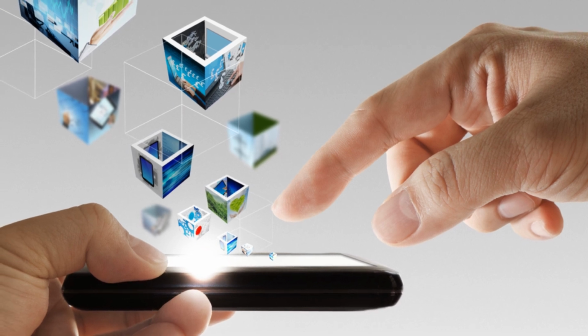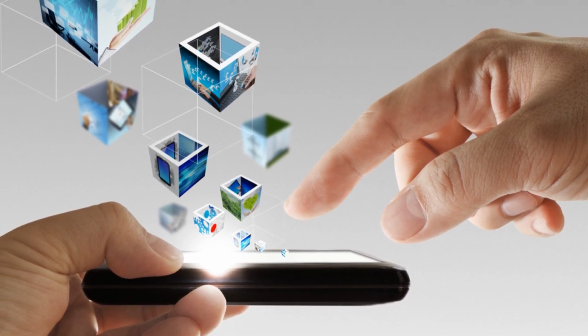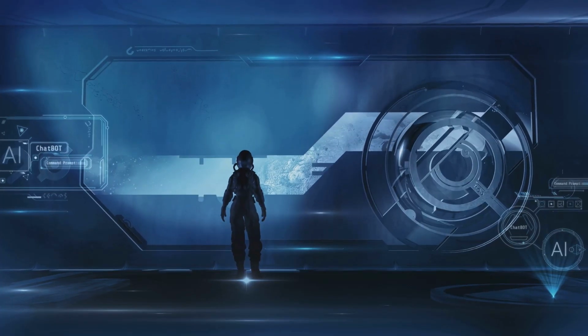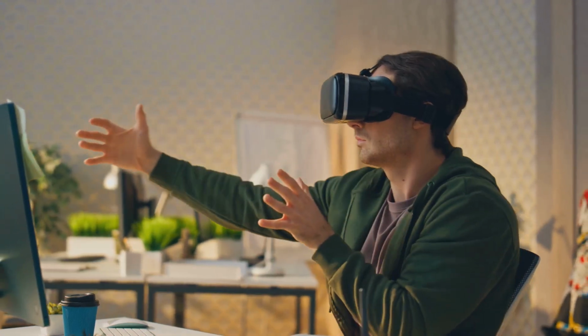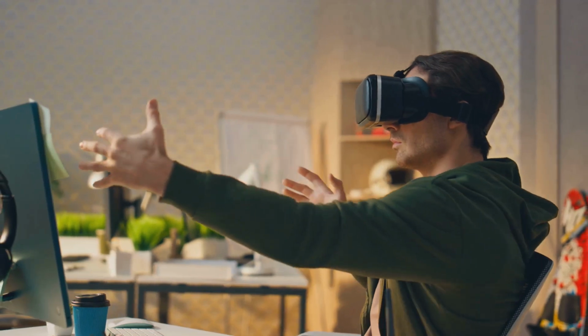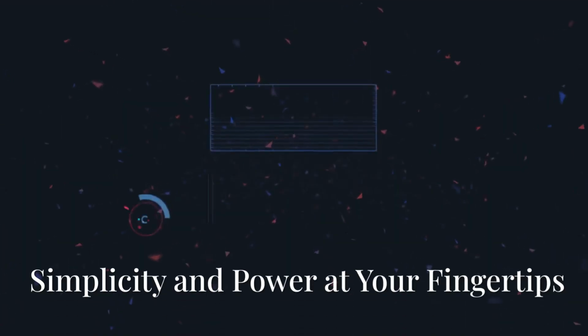Babylon.js, on the other hand, shines in its focus on performance and mobile optimization. Its powerful rendering engine and physics engine make it ideal for creating complex and interactive three-dimensional experiences that run smoothly across various devices. Both libraries offer a wealth of features and capabilities, empowering developers to push the boundaries of creativity in web-based three-dimensional animation.